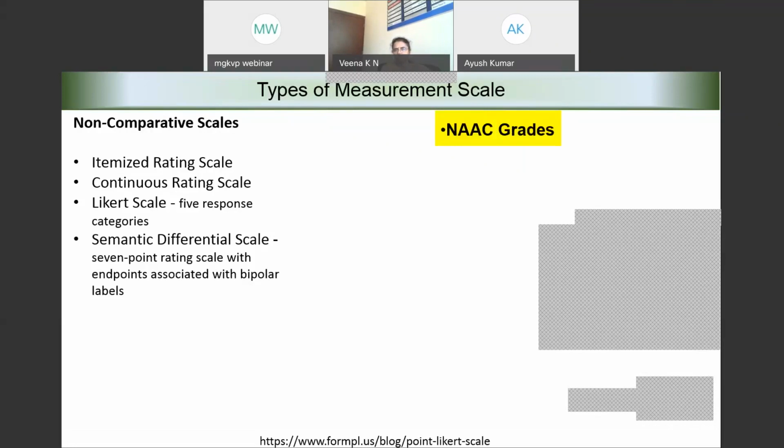Okay. I don't know how many of you are aware of NAAC grades. NAAC is the National Assessment and Accreditation Council, which grades higher educational institutions like universities and colleges on a scale of 1 to 4. So can you tell me whether it is an itemized rating scale or a continuous rating scale or a Likert scale or a semantic differential scale?